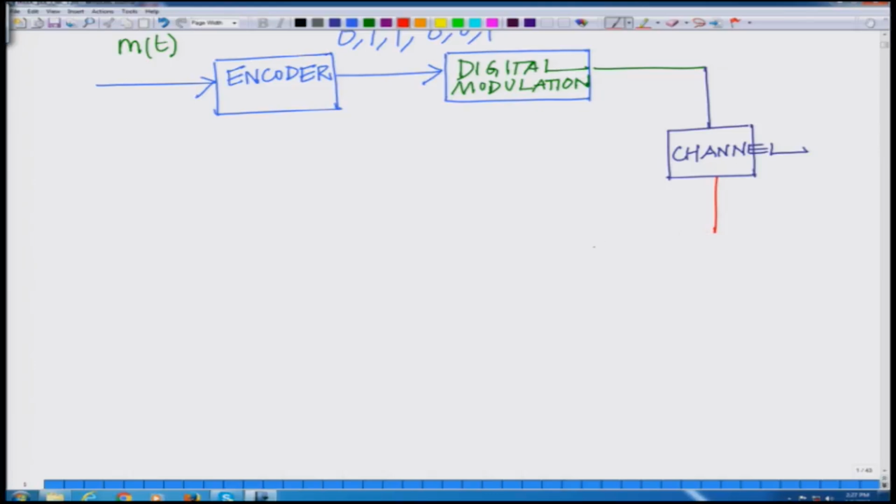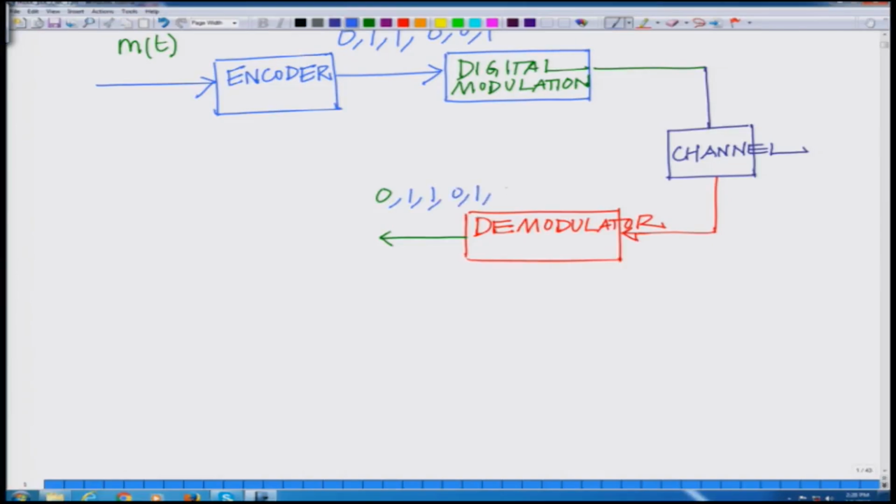The signal passes through a channel and the output is then passed through a demodulator. So, we have a modulation operation at the transmitter and at the receiver we have a demodulator. The received information bits are demodulated. So, at this point you have the demodulated bits. Basically, you have 0, 1, 1,